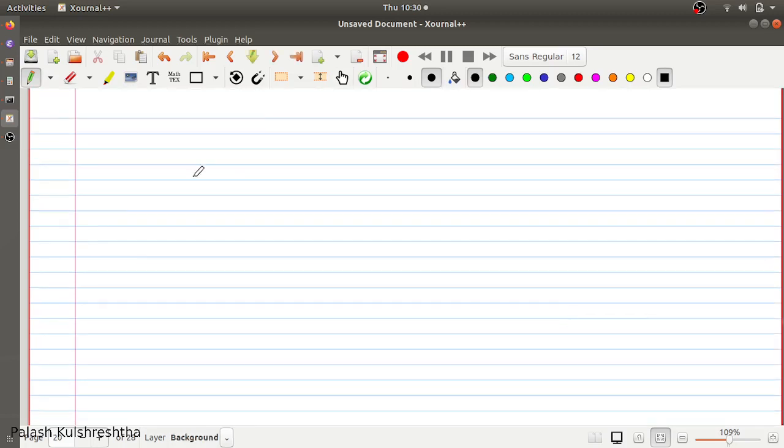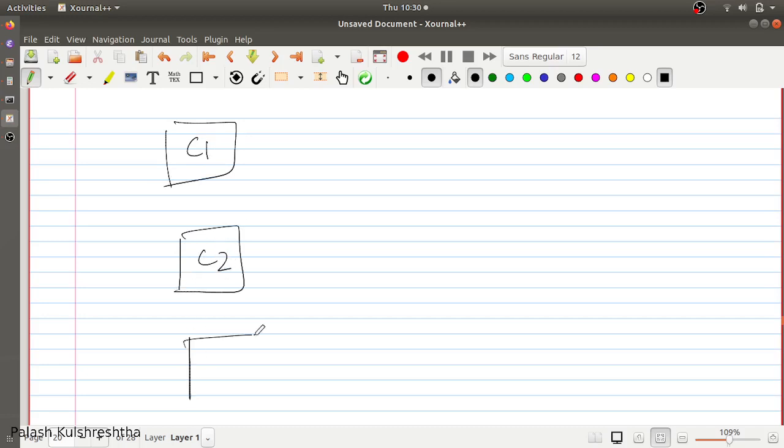Let's see how we are going to realize the bulkhead pattern. For example, if multiple clients are calling your service, or you have a multi-tenant architecture, so multiple different services are going to call your service. One thing you can do is, instead of having a single service, you can create a different service for each client.